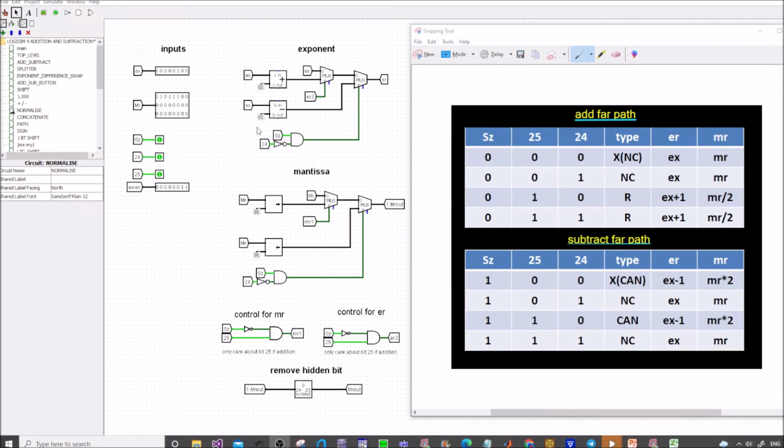So you can see that we've added in this extra little bit of circuitry here. So this little bit of circuitry passes on the EX minus 1, so we see the EX minus 1 here. So that passes that on. And also for the mantissa, we're going to have the MR times 2, and this is going to be the MR times 2 here. Now we want to choose this EX minus 1 and the MR times 2 whenever we get the bit 24 going to a 0,